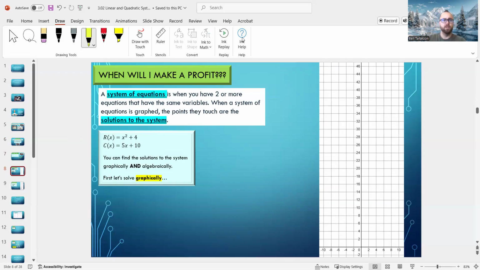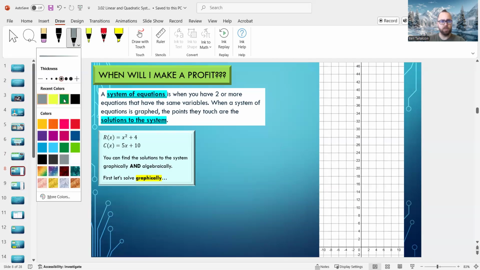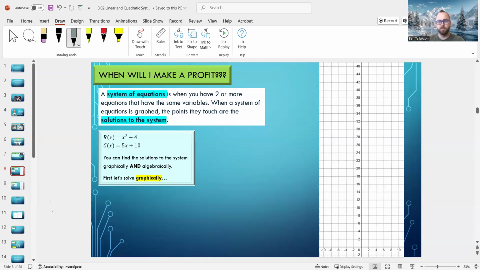Let's do it. Look at our first function. Revenue function is a quadratic. Do you remember what the parent function of a quadratic looks like? If you don't, you can always, for any function, plug values in and get values out. But if you remember the parent function, even better. So parent function of a quadratic has the vertex at the origin, and we know a parabola looks something like